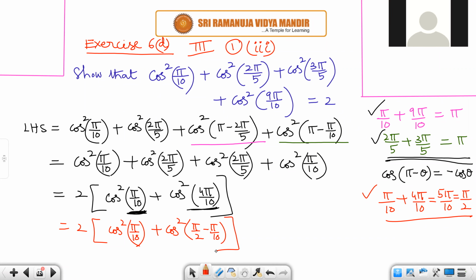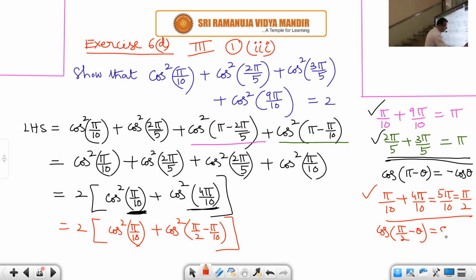So Lalit Chaitanya, tell me what is cos(π/2 − θ)? Cos(90 − θ). Sir, it is sin θ. Sin θ. First quadrant, so plus sin θ. So therefore, this is 2 into cos² π/10